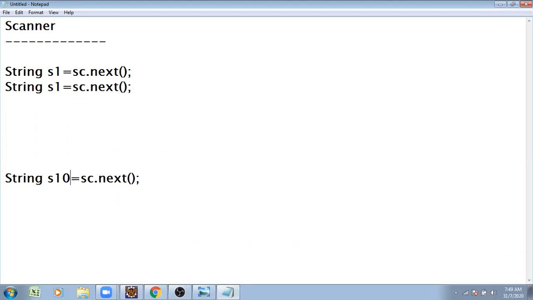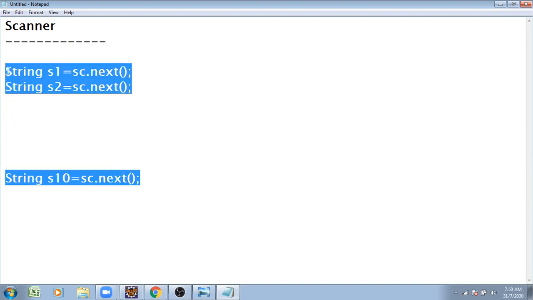Not only 10 students, you may have to read 100 students. Somebody is interested in reading 2 students, somebody is interested in reading 2000 students, based on their requirement. From that point of view, if I am taking 100 students, I have to write this code 100 times, which is complex for me. Instead of that, we have to read the data continuously.